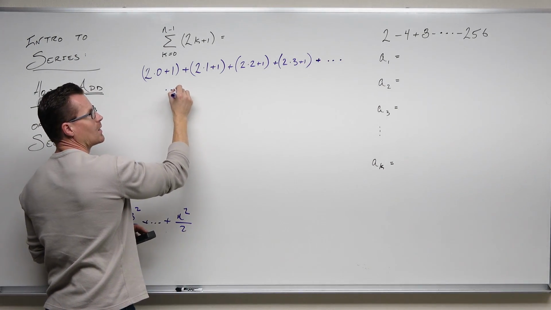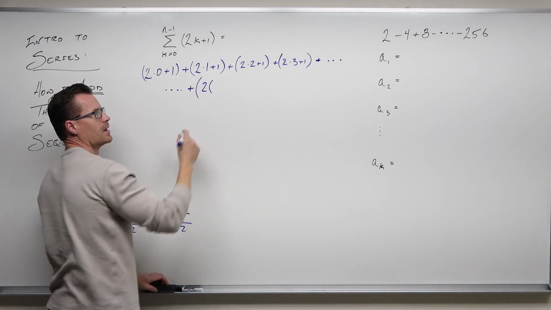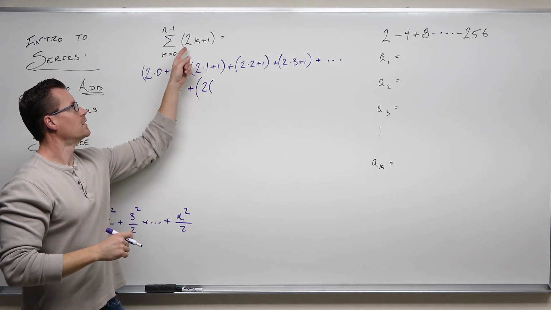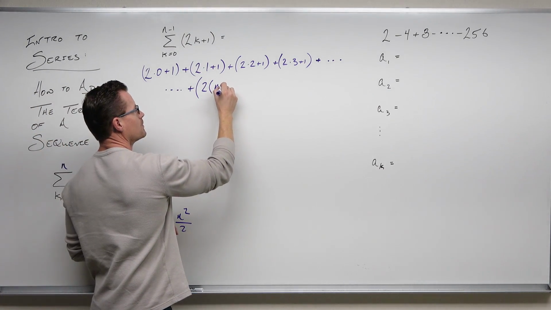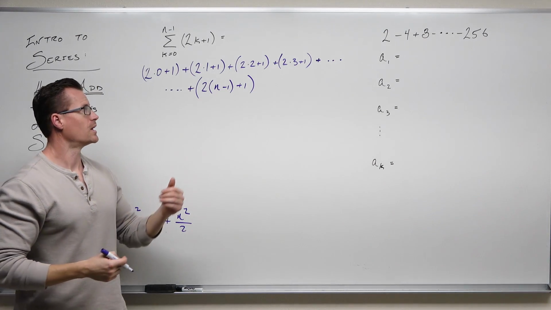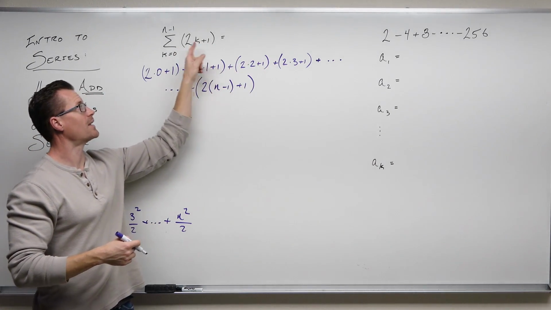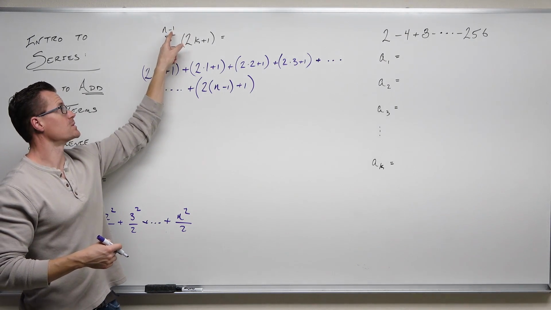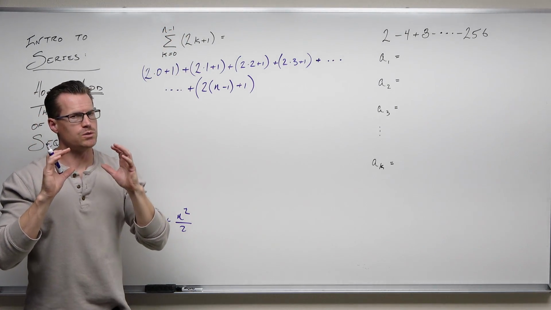going for a really long time, and then you would have plug in 2, or you have a 2, plug in your n minus 1 plus 1. It's just an evaluation. Like you plugged in 0, and then 1, and then 2, and then 3, and then where you stop. So take this, evaluate it. That would be 2 times n minus 1. You do have to have parentheses.